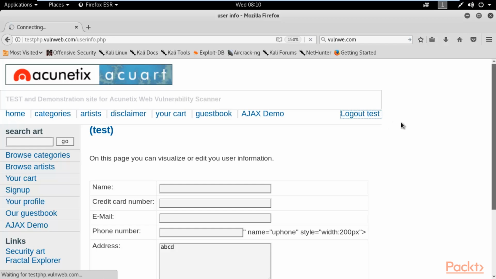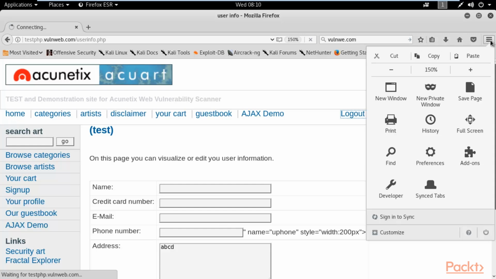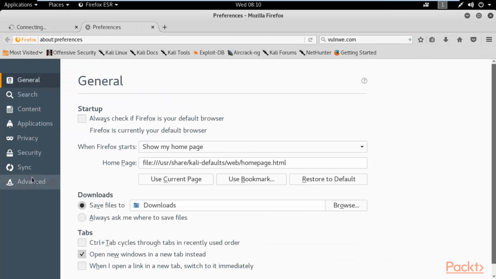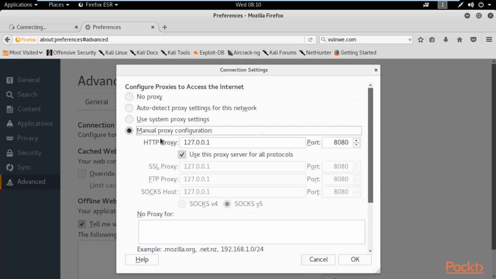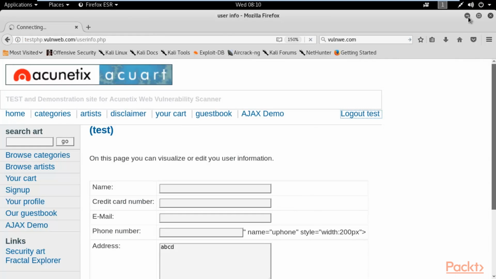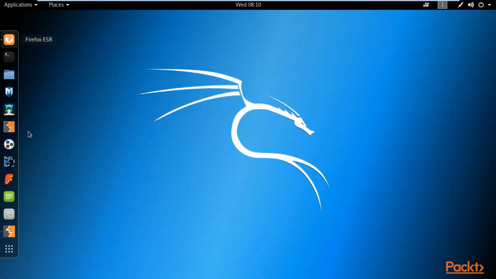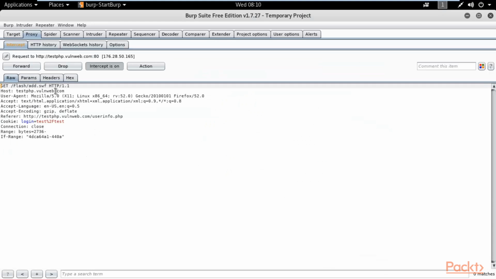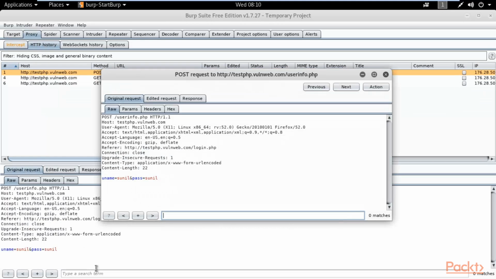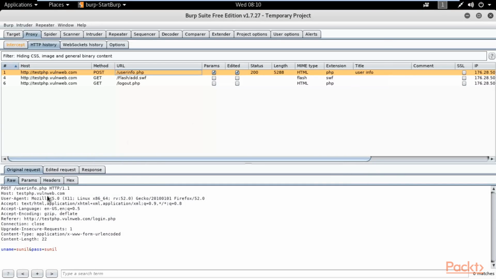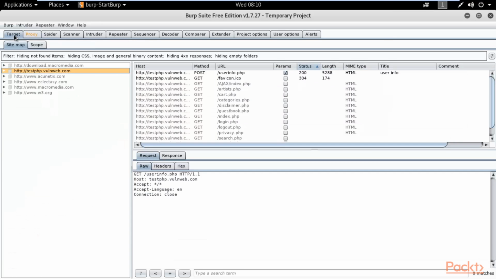Click on logout. It will not run because the proxy is running, right? So if you click on preferences, and click on advanced settings, you can basically change the proxy settings from here. Okay, so that's how you can actually receive the information. You can receive these kinds of requests generated by the website. You can check it, you can basically change the parameters of the query, right?